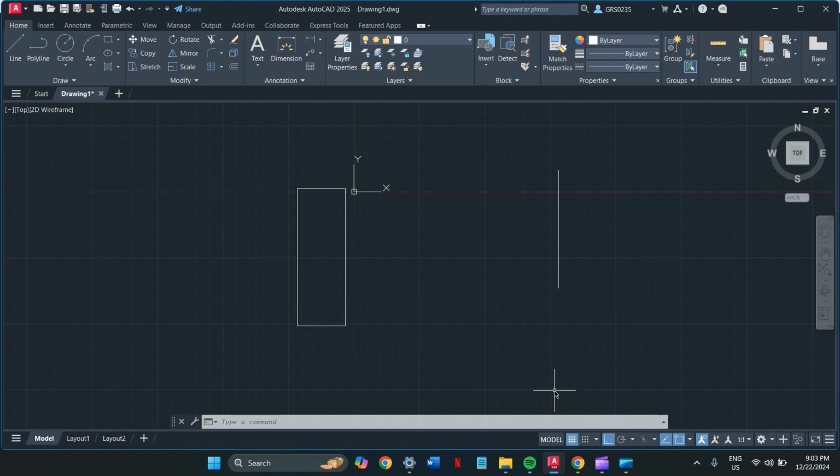So the rotate command allows a line or an object to rotate within a certain chosen angle. So we can do it by clicking this rotate button or typing out RO, which is the shortcut for rotate, then pressing enter or spacebar. So first we're gonna select the object and press enter or spacebar. Then select the point of rotation, then left click